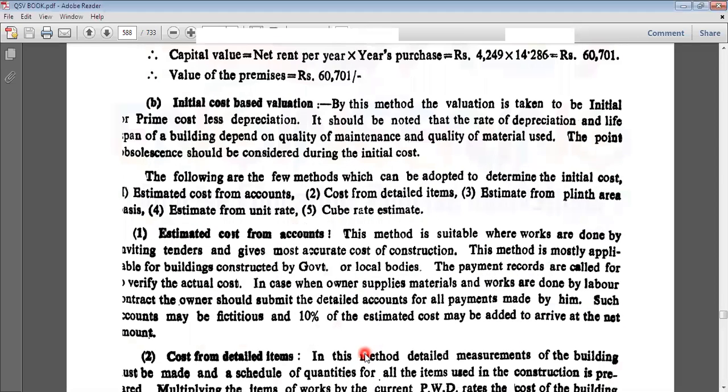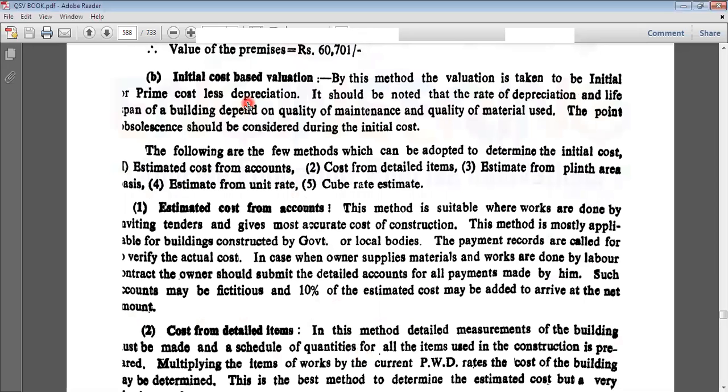Now the next method, very important one, that is valuation. That is we are going to calculate the valuation of a structure using initial cost based method valuation. Now what is initial cost? At first one should understand the initial or the prime cost of that particular structure. Now basically the initial cost consists of